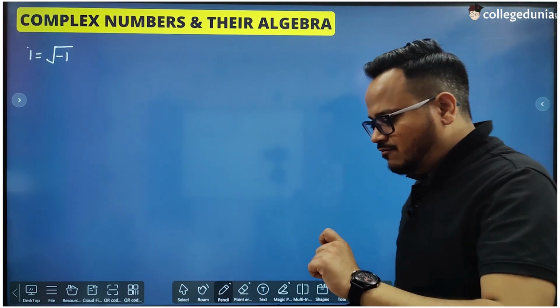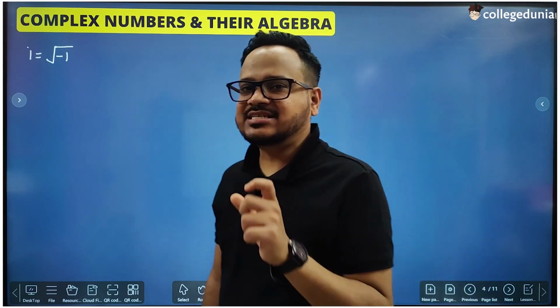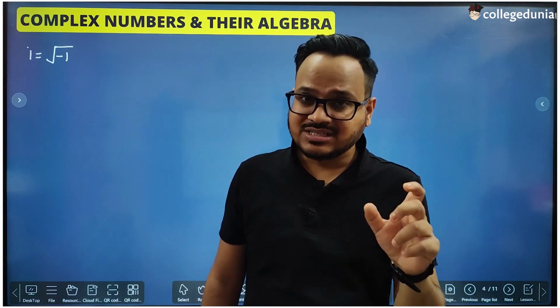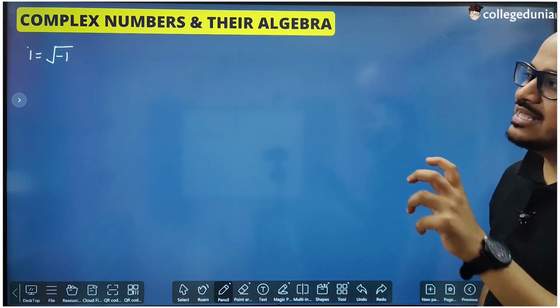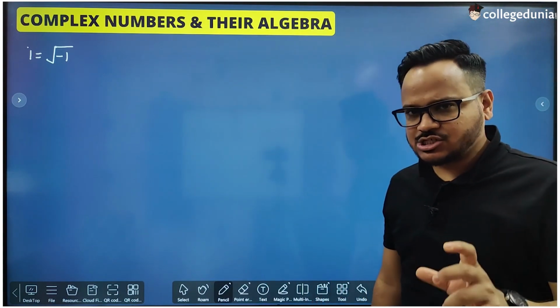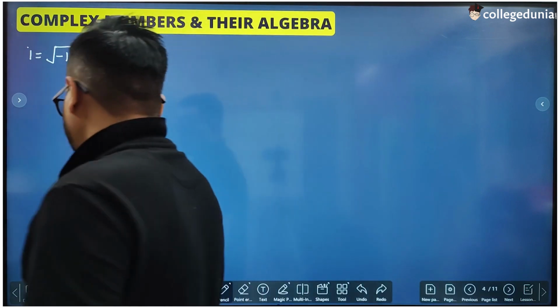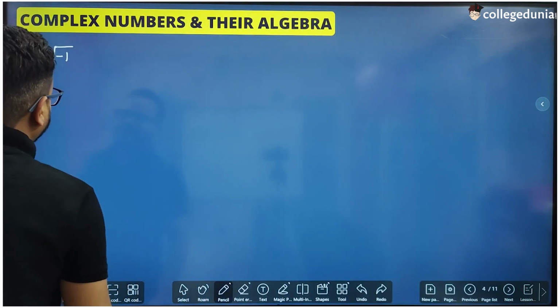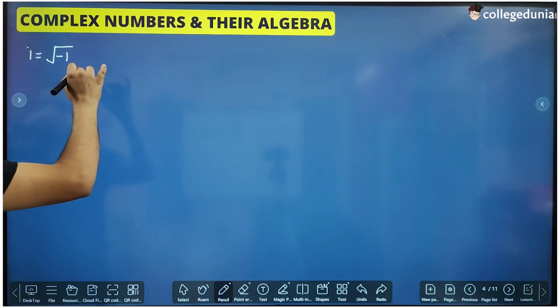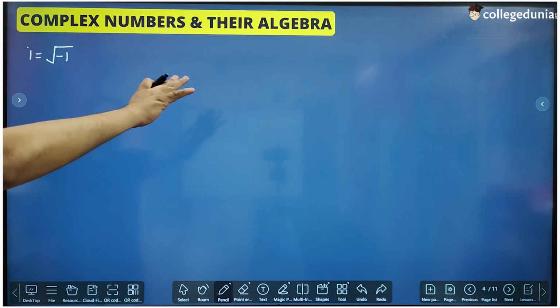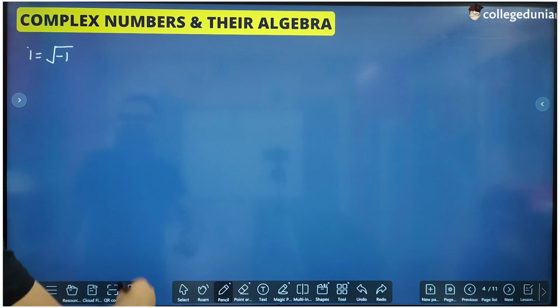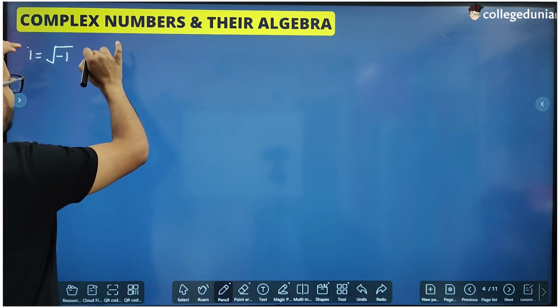So we don't have to give a different symbol to each and every such complex number. We will just give a symbol to under root minus 1, and that symbol is i, which is the short form of iota. Iota means very small, right? Okay, so before studying the exact form of complex numbers, first we will have to